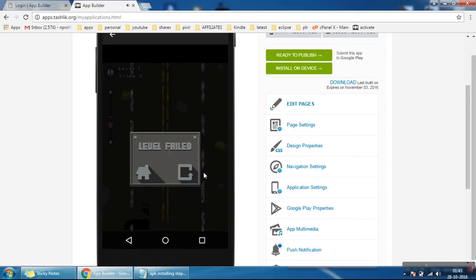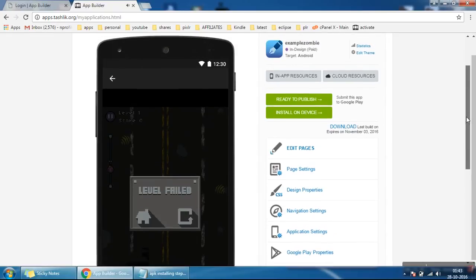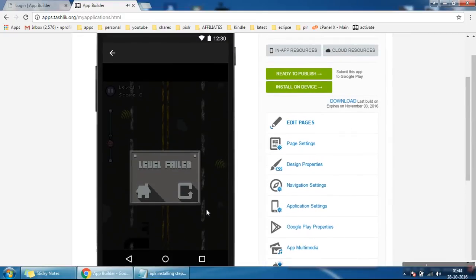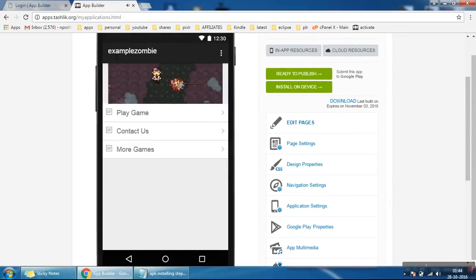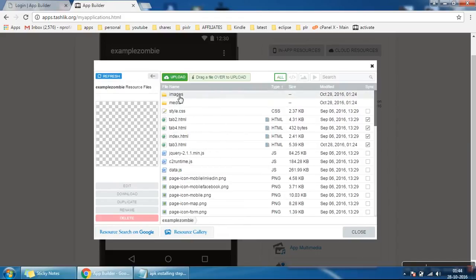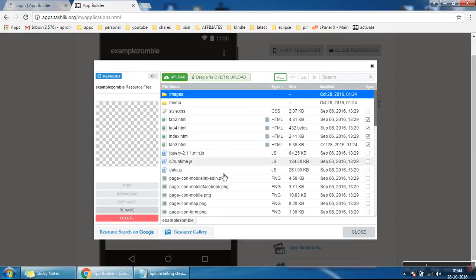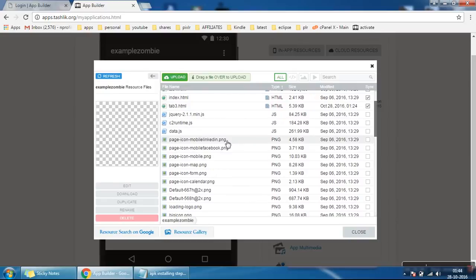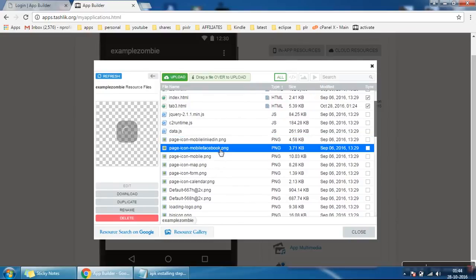You can create a new game and then upload it onto the Play Store. Like that you can make changes, in this particular in-app resources place. Apart from the images present in the images folder, there are some more images that you have to change as well. You have to understand, because in every game the images will be different. You have to understand what game image it is.